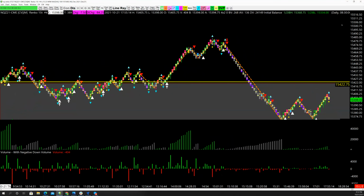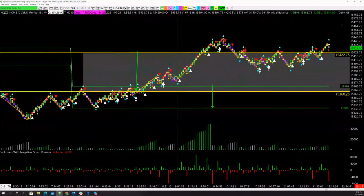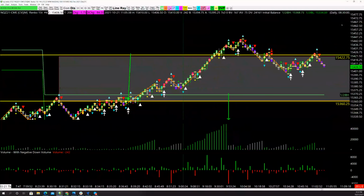So why is this important information, right? Why is this important information? So let's say you were somewhat bearish and thought that the market could roll lower this morning. Well, what you're going to see is from these short setups, right? Like this right here is a high odds short setup, right? So at the top of a market,